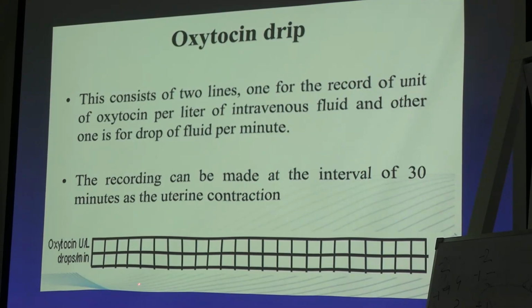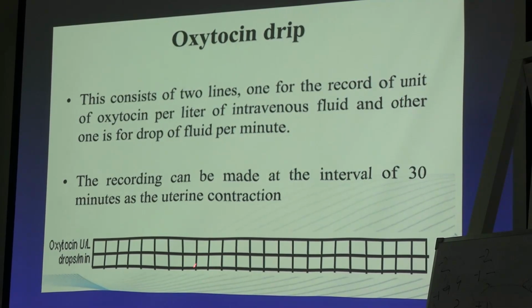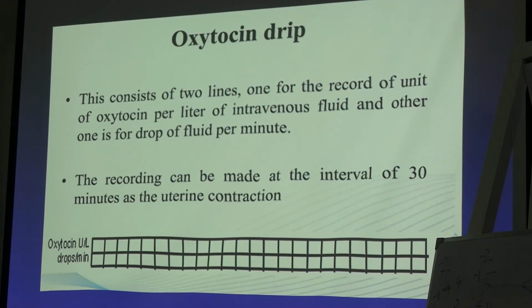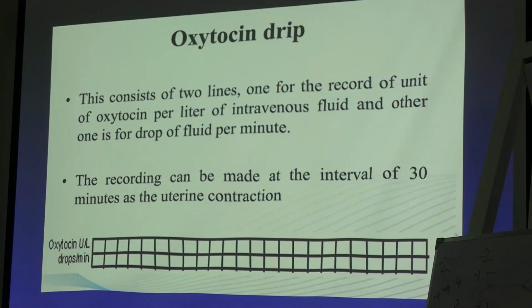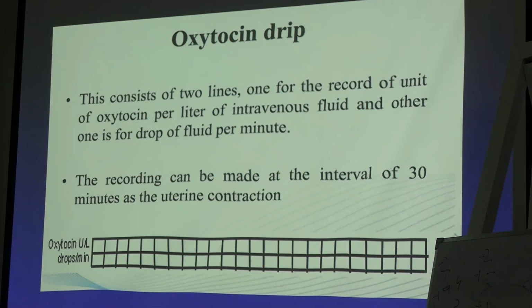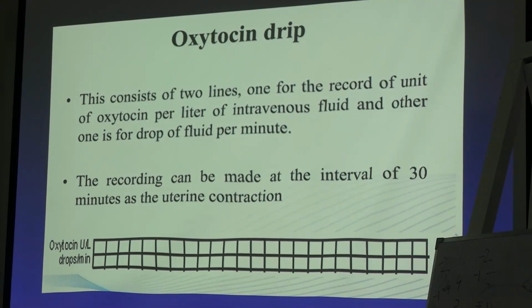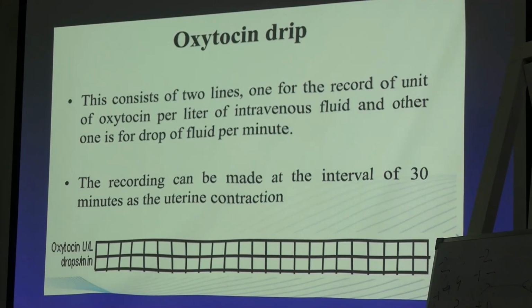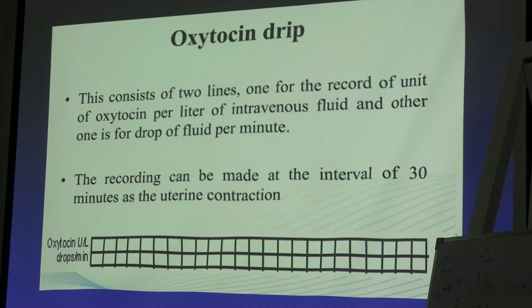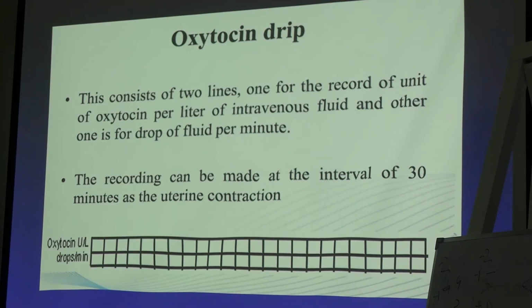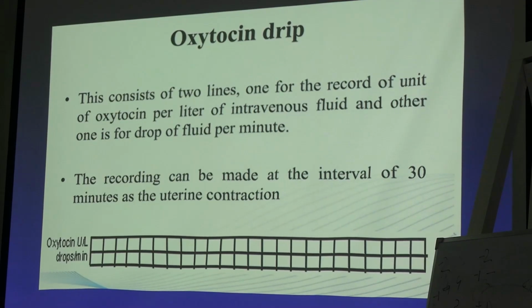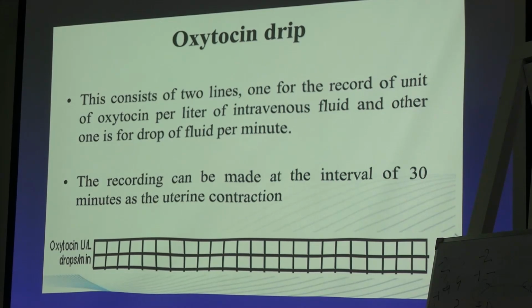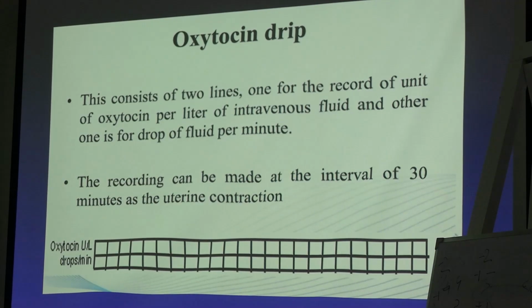Then after half an hour again I will monitor and write this. If I have increased the oxytocin, suppose I have given 10 units. Normally we don't give 10. We normally start with 2.5, then increase to 5. Maximum here we give 5 only. We don't give 10 units of oxytocin. What we do is, in 500 ml NS or RL, we inject 1 ampule of oxytocin. 1 ampule is 5 international units. And the drop rate is set after that.